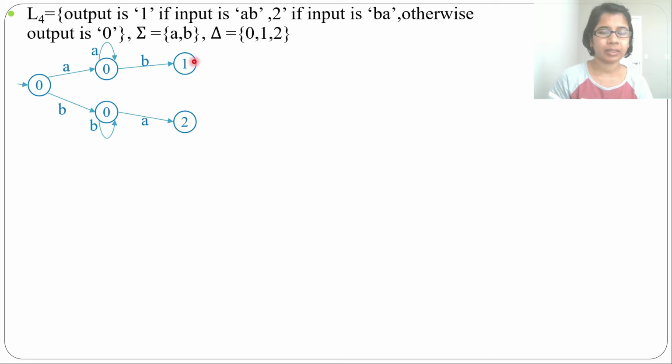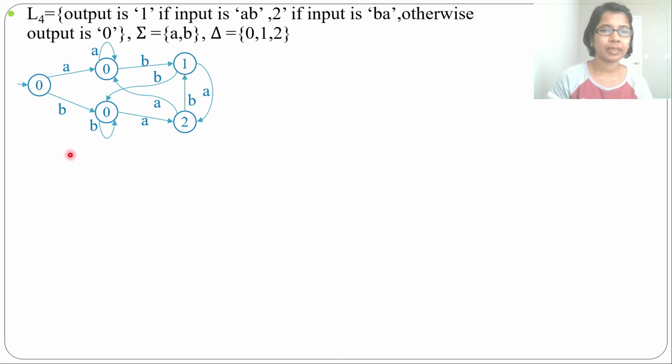Now let's do this one. For A, where will it go? For A, you can make a transition for output 2, because the output will be 2 when it is BA. So just make a transition from this state to this state for A. For B, you can make a transition to this state. So it will be BA. This state's output is 2, it will be BA. Now do this state. From this state by A, where will it go? For A, you can make a transition to this, so it will be AB. Already A is there. For B, make a transition to this state, it will end with AB.